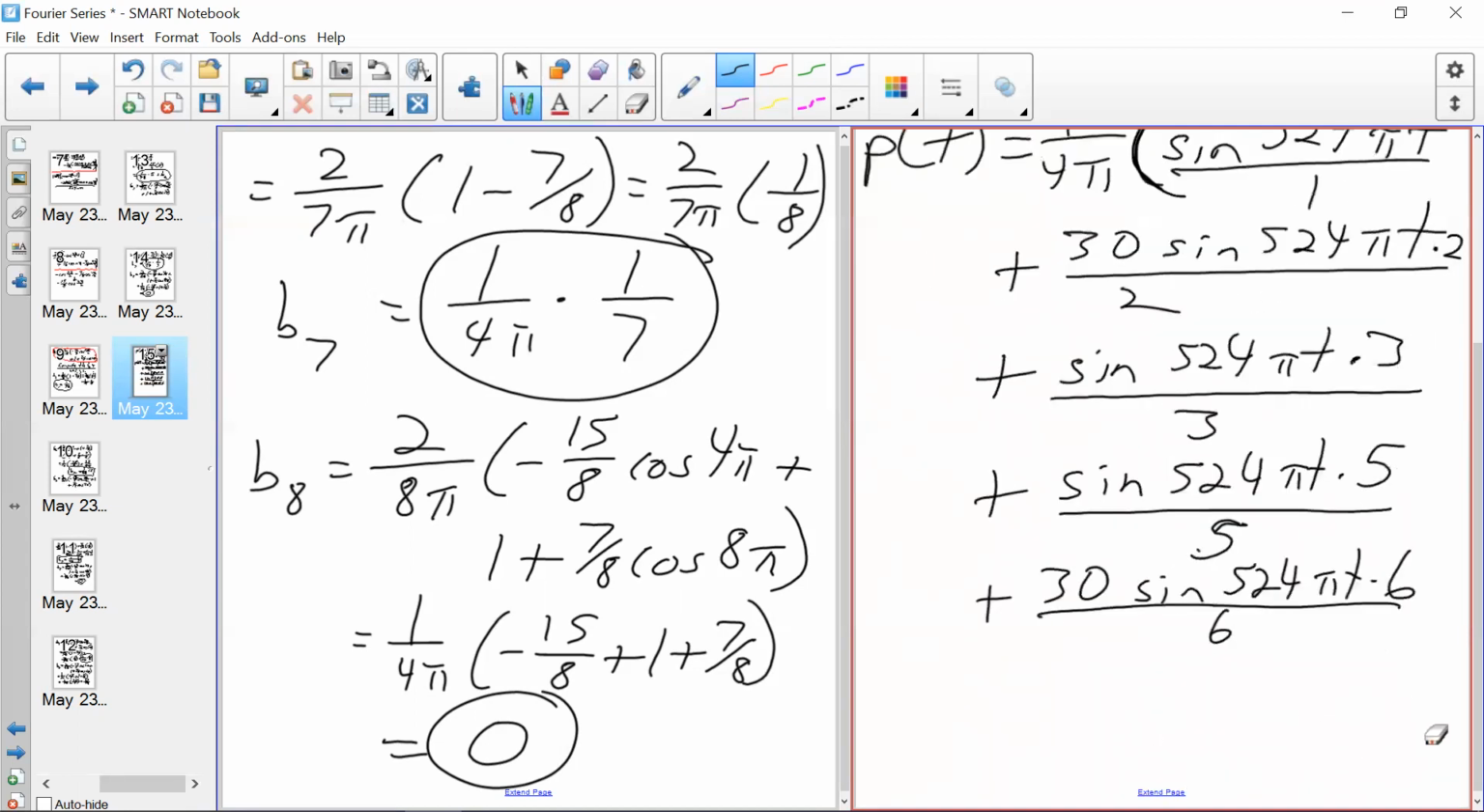And then 7 is our last term because 8 is 0. And so the 7th term times 7 divided by 7. Because look at that, 1 over 7 times 1 over 4 pi. That's b sub 7, b sub 8 is 0. So those are all of our terms. This is the answer. This is the final result of the p of t function that we saw